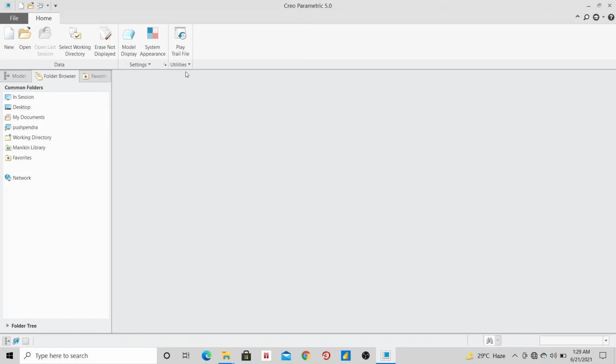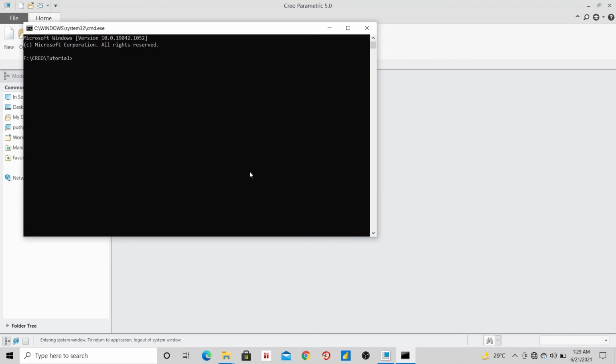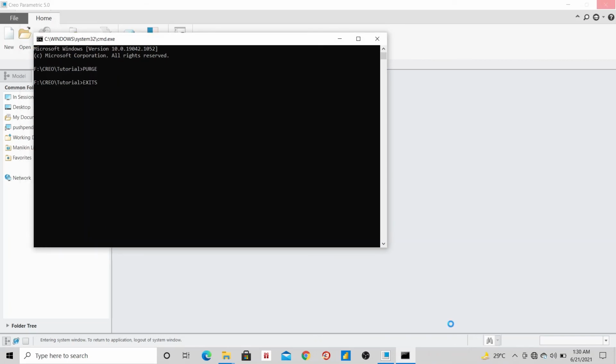So how to pause? Here there is a utility option and there is a drop down. So drop down here, and the last is open system window. Open it, type pause. Here you can see exit and then hit enter button.